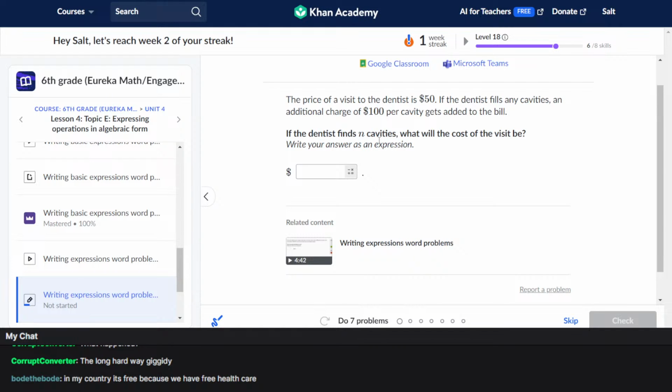If the dentist finds cavities, what will the cost of the visit be? Okay, let me think about this. Oh, okay. So 50 plus, because the 50 is the base fee. 100 and